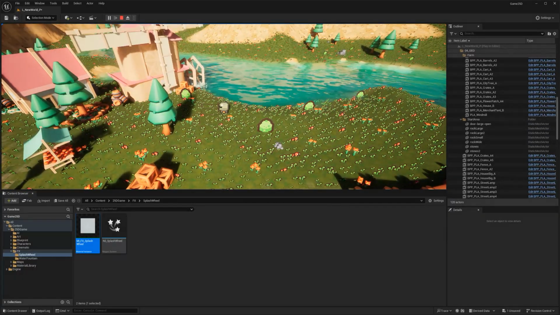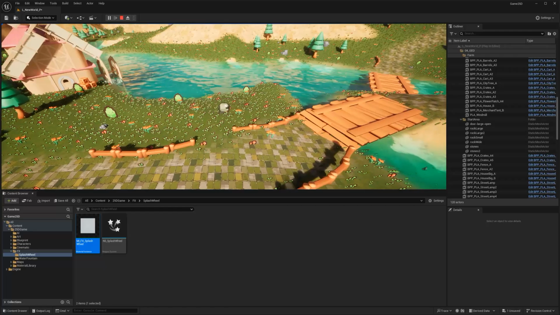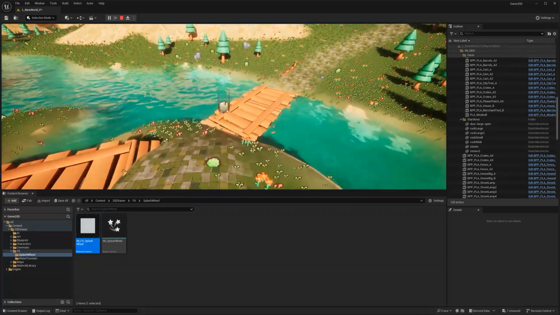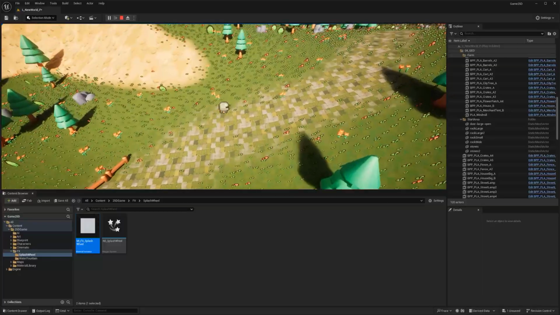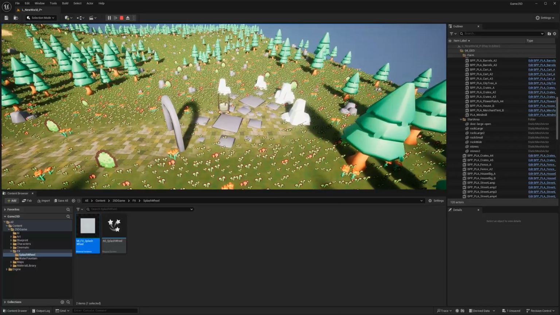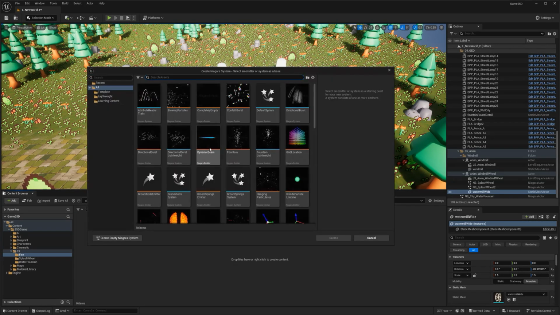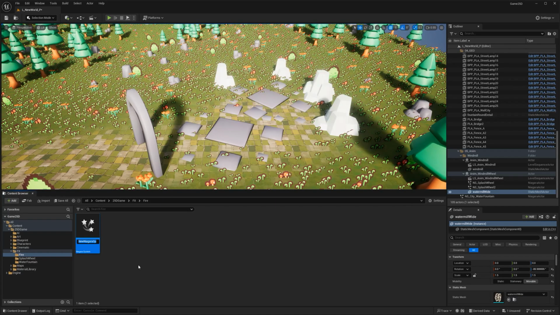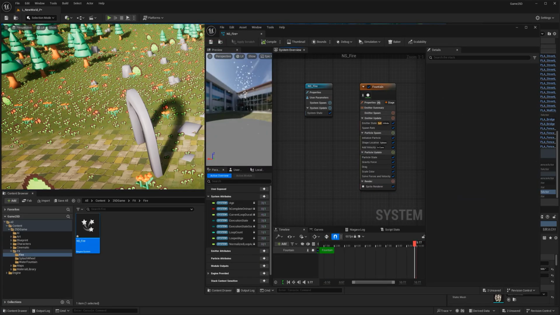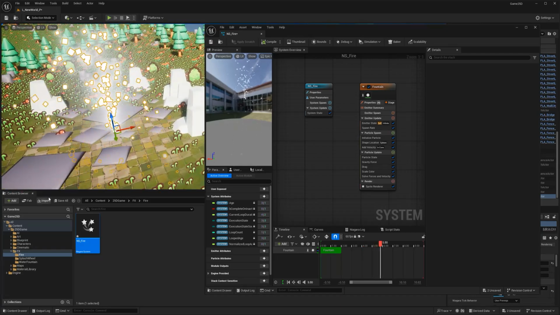It looks pretty cool. So next, what I want to do is create another particle effect, like a fire, and I want to put this fire right at the beginning of the map. So we're going to use the same approach to create a fire particle effect with a bunch of interesting cubes. I'm going to put it right here. Let's create a new folder, fire. Right click, Niagara system, fountain, and name it fire. You can just double click on that. And just for a sanity check, I'm going to plug it into the world so we can see what we're doing.